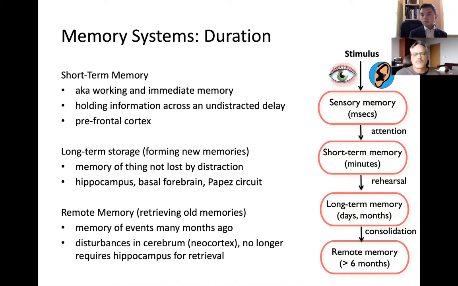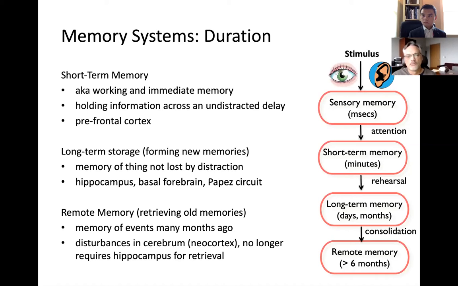Well, I just think sometimes it's useful to understand the role of these different components in memory systems. And memory systems are distributed through the brain. So I think what you've done a nice job of summarizing in the slide is a short-term memory system, and this relies quite a bit on the prefrontal cortex. That's where you rehearse information in mind. That's where you manipulate information. It also has direct input to the hippocampal systems that are involved in laying down new memory traces. So in the medial temporal lobe, the job there is to form new memories or to override old memories, and we call that modification.